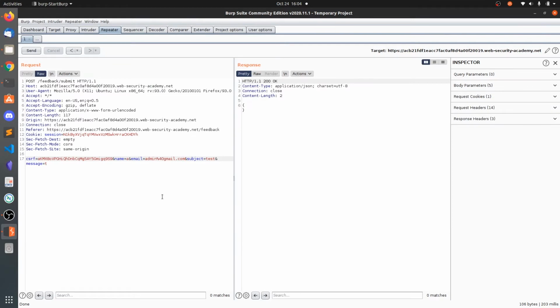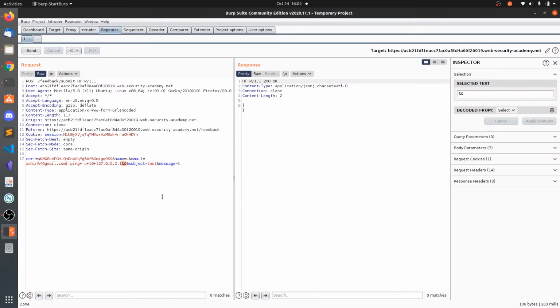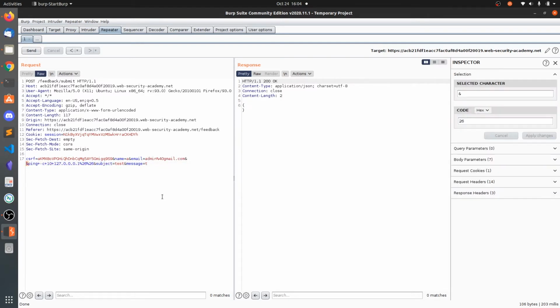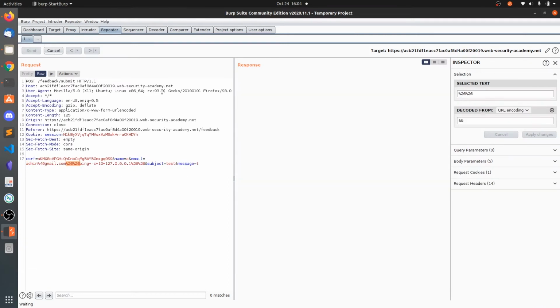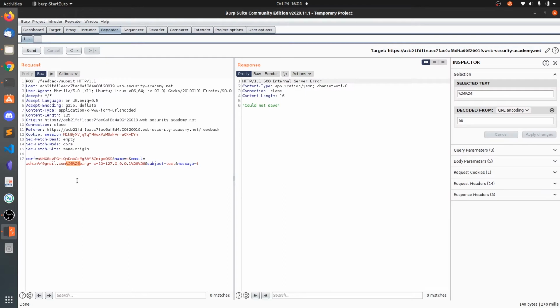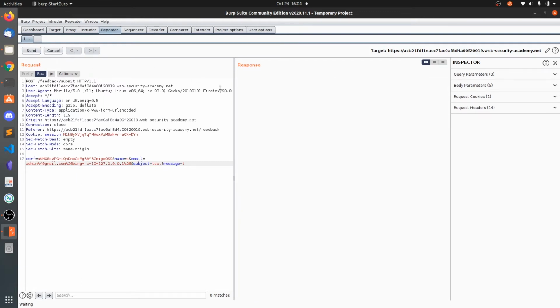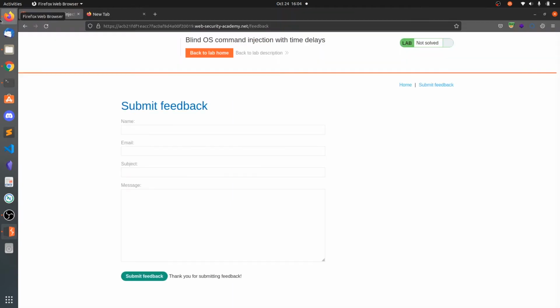So let's test like this. Remove this one and put an ampersand, and press Ctrl+U to URL-encode this. Now let's send this, and it still says could not save. Let's remove one. We need to try all the payloads, and it still says could not save.